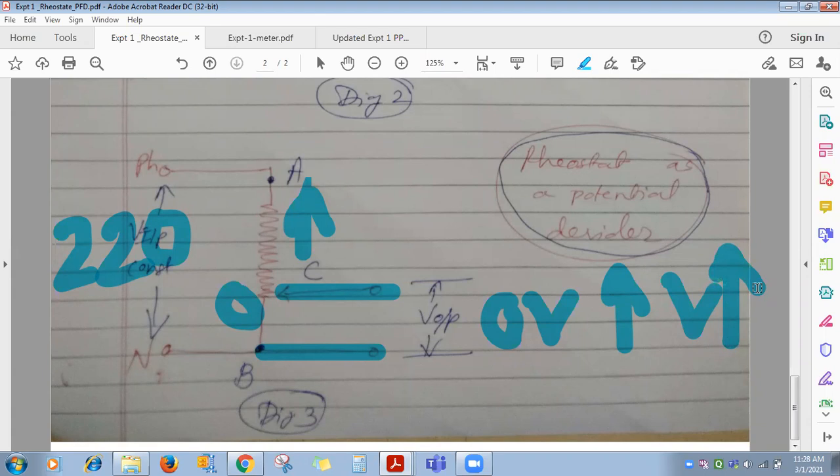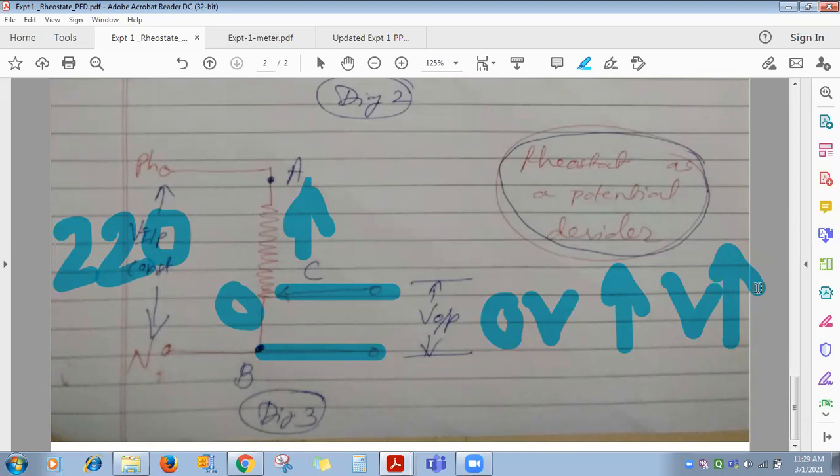In which application are all three terminals of the rheostat used? Whenever you want to use it as a potential divider. Means variable voltage you will get across C and B, provided input is applied across A and B. Got it? This variable voltage you can apply to lamps. All of you may know intensity of lamps depends on voltage, directly proportional. जितना ज्यादा वोल्टेज आप लैंप्स के अक्रॉस अप्लाई करते हो उतनी उसकी इंटेंसिटी बढ़ती है. Got it? Or you can apply this variable voltage to a motor also. Its speed will go on changing.